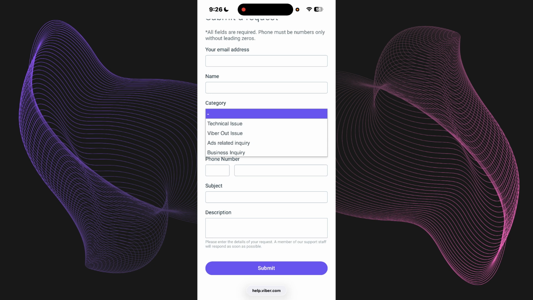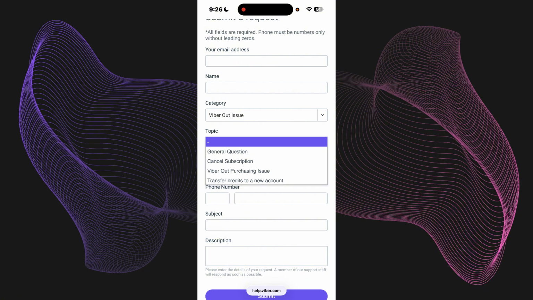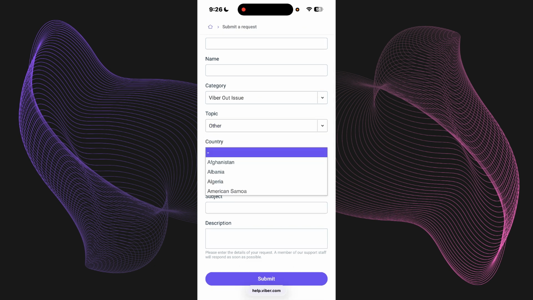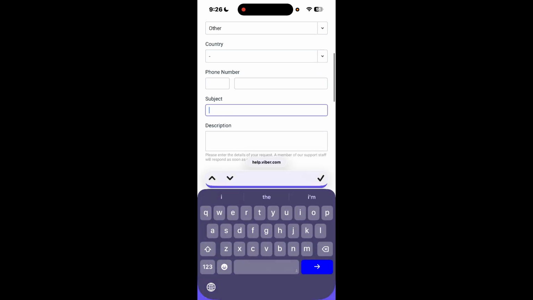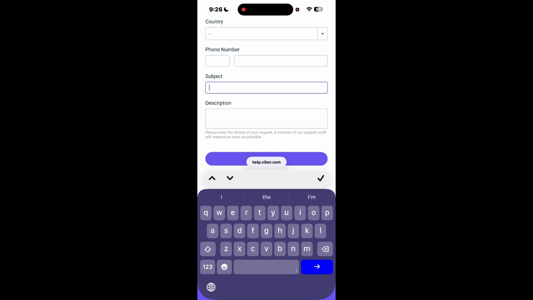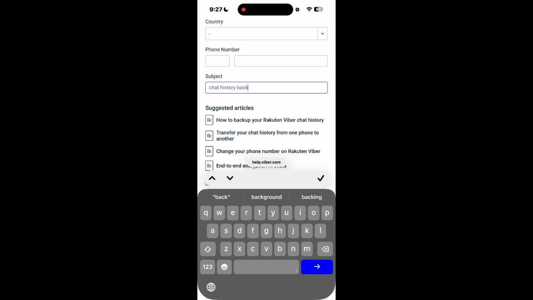And right now, so let's say it's a Viber out issue, and then topic is just gonna be Viber other. So if it's something like this, just simply press on other, and then country, you just gotta fill in your country, and after that you just need to put in your phone number, obviously with your country number, and then subject, just make sure it's backup chat history backup. So something like this,